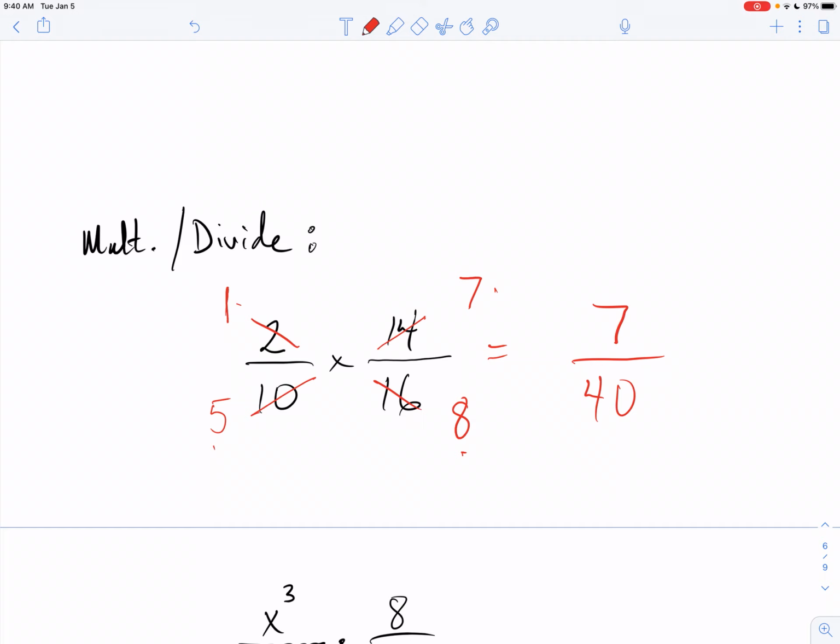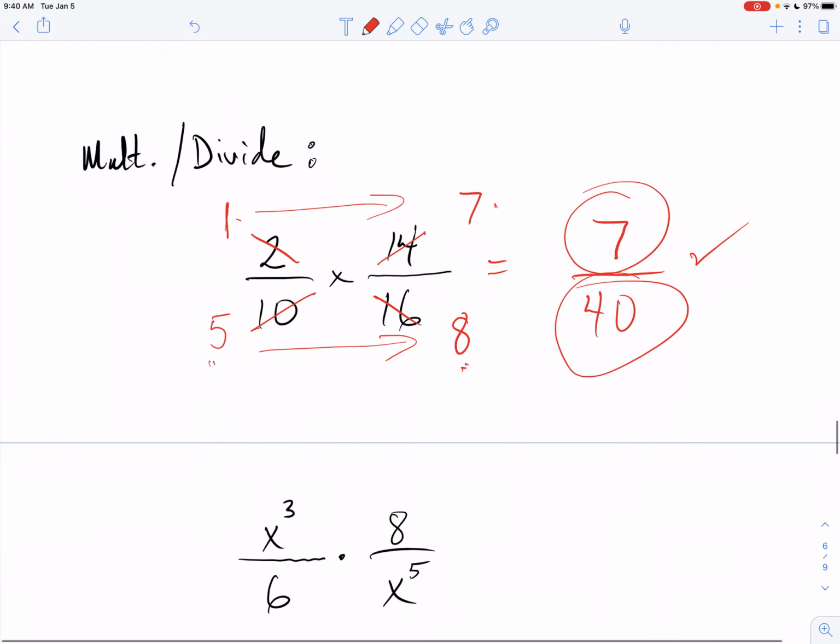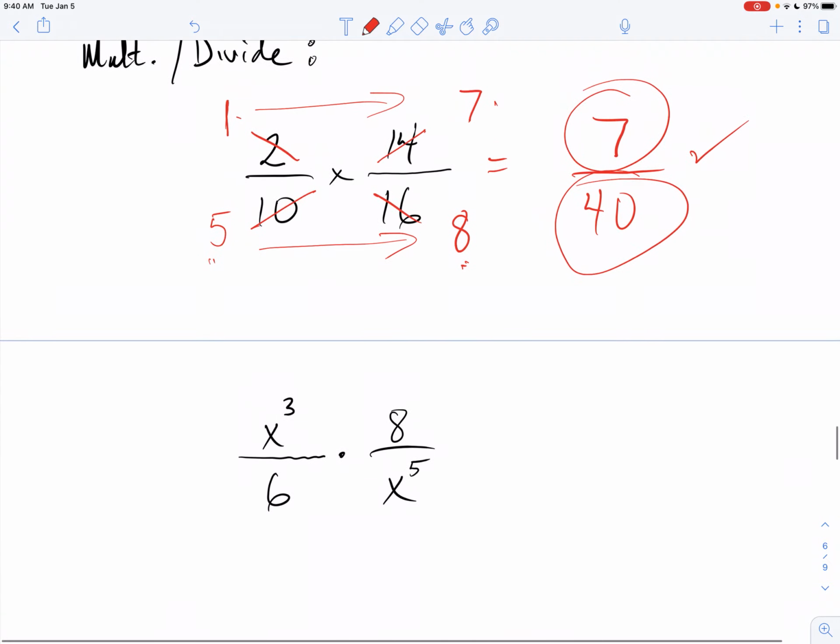Here's the rule with multiplying and dividing. When you multiply or divide, you can top to bottom cancel. You can also cross cancel. The only time you actually multiply is when you're going across. Top number times top number, there it is. Bottom number times bottom number, there it is. That's a simplified answer. And if they gave me something with letters in it and numbers in it, I can